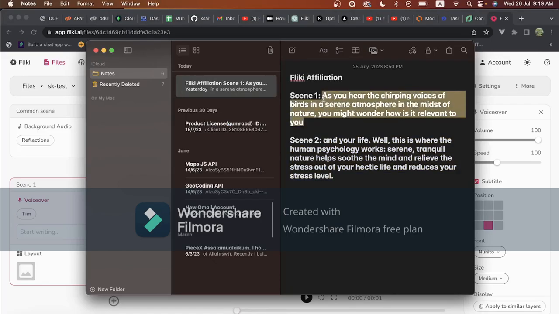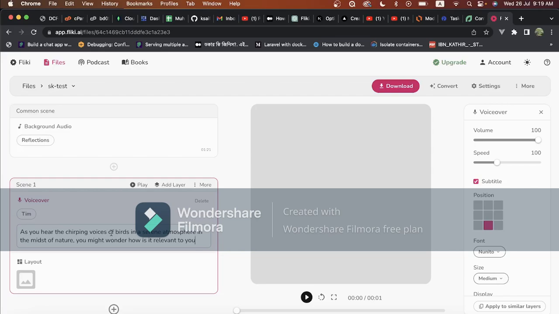I can copy this one and paste it here. This basically says, as you hear the chirping voices of birds in a serene atmosphere in the midst of nature, you might wonder how it is relevant to you, etc. If I play this one,